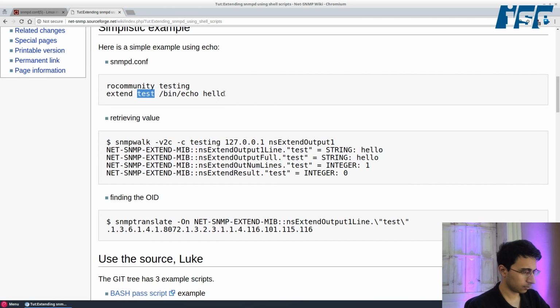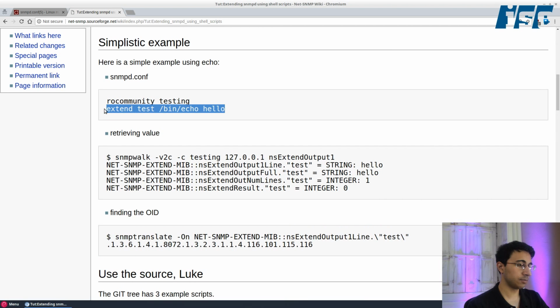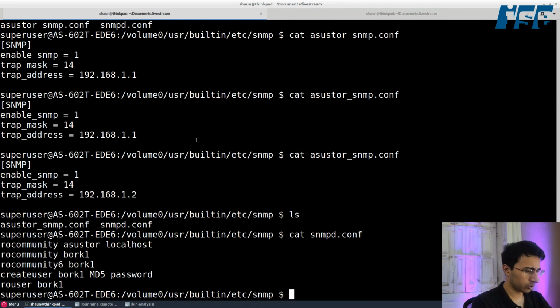So they retrieve the value using snmpwalk, which is a command line utility that simply walks the tree of SNMP variables on a device, getting them one after the other, so you can enumerate all of the variables that exist there. So it looks like they simply just add this to the configuration file. And once they do that, they can query the information using snmpwalk, and it gives them the output hello, which they echoed using bin echo. All right. Well, going back here,